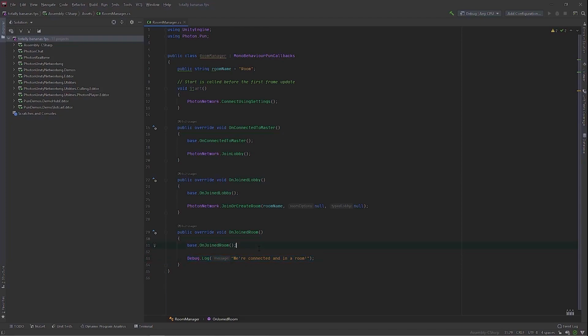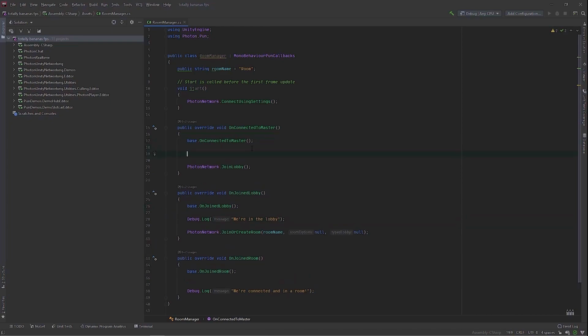And just for debugging, we're gonna add statements like these in each of these functions. So if something goes wrong, we can see where it went wrong and fix any issues.